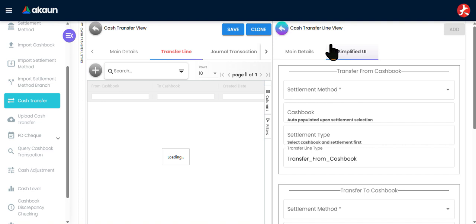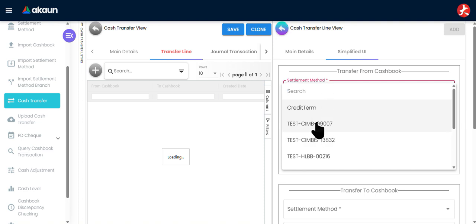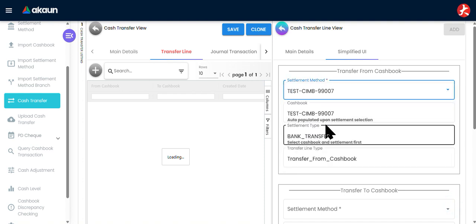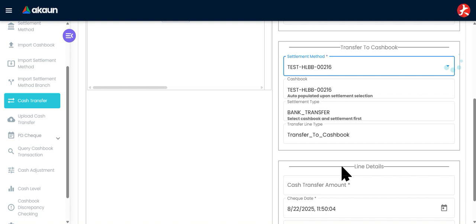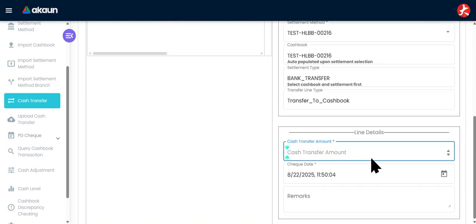In the simplified UI, you can see here transfer from Cashbook. This is the bank where the amount is transferred out. Maybe I want to transfer from CIMB Bank to Hong Leong Bank, so I select CIMB 99007. This is the amount out, and then transfer to Cashbook is amount in. You want to transfer to which bank account? I select Hong Leong Bank. Then the last part is the amount, how much you transfer,